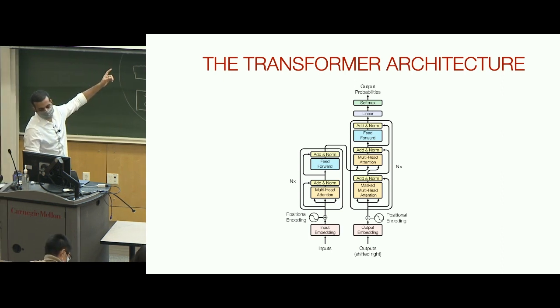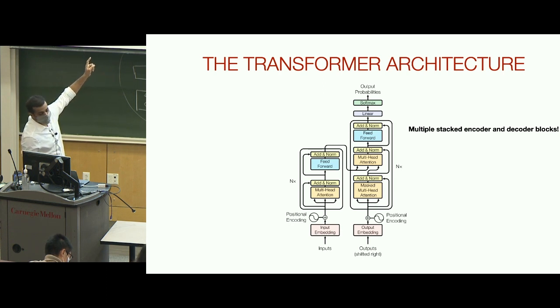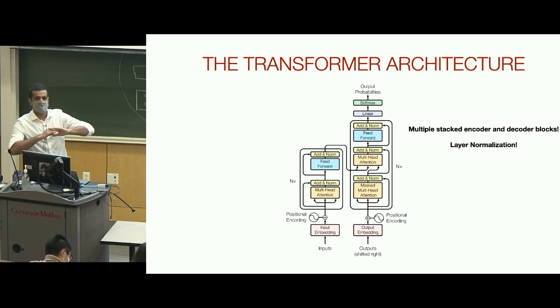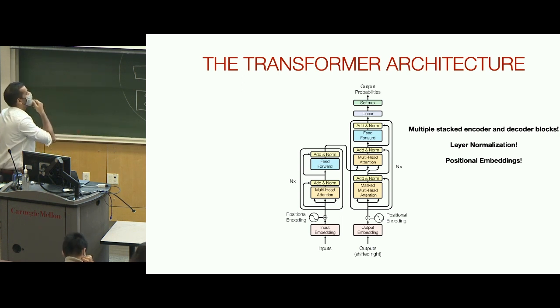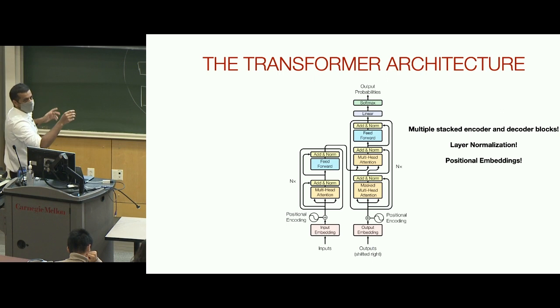They're concatenating things. Actually, a bunch of other things are going on. They have multiple such encoders and decoders stacked, so it's not just one of these blocks, but multiple of them. And then there is layer normalization, which is, instead of doing normalization on a batch, you're doing it on the outputs of a single layer. And then there are positional encodings, which give sequential information to the input. And I guess a few other things are going on. But this is it. This is the transformer architecture, built from 3 very fundamental ideas: word embeddings, the encoder-decoder model, and